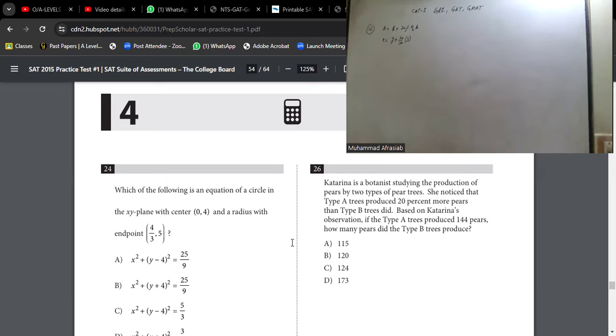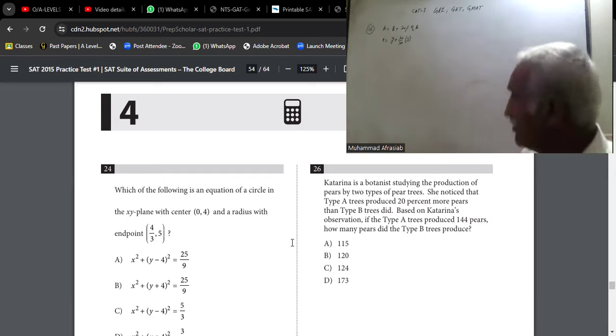A is going to equal B plus 20% of B. So let A produce X and B produce Y. Then X is equal to Y plus 20% of Y. So this will become,